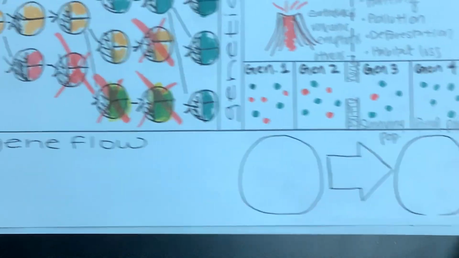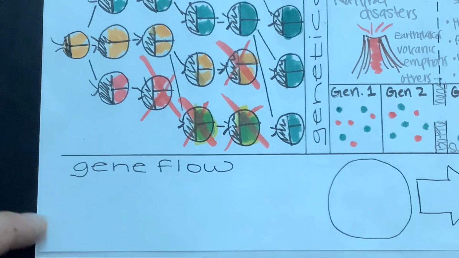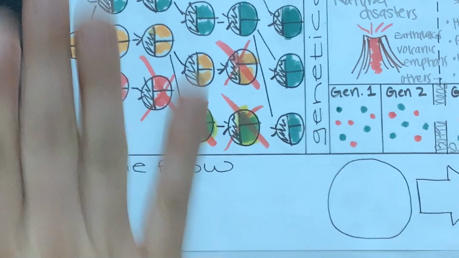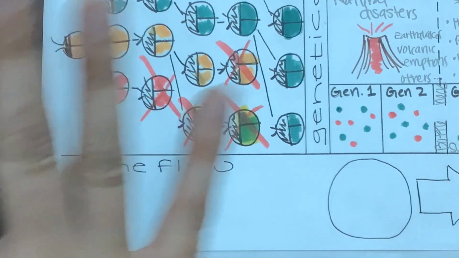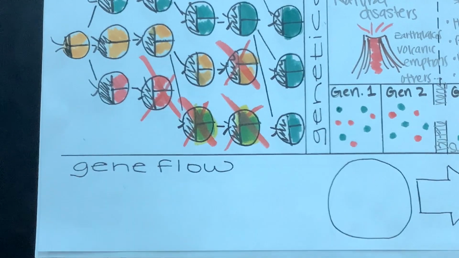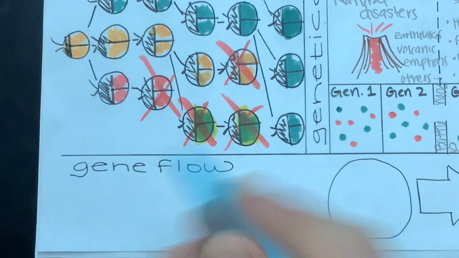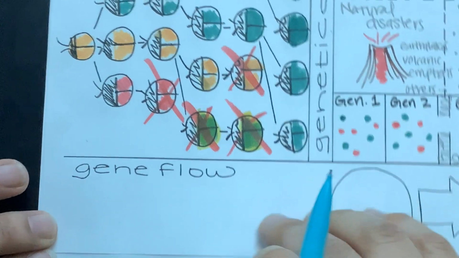And the last thing we're going to look at is called gene flow. You should give yourselves a second and pause the video if you are not caught up. And remember, don't worry about coloring anything in yet. If you are behind, you can always pause and go back, or do whatever you need to do. All right, so gene flow is another one of those random events that leads to evolution.